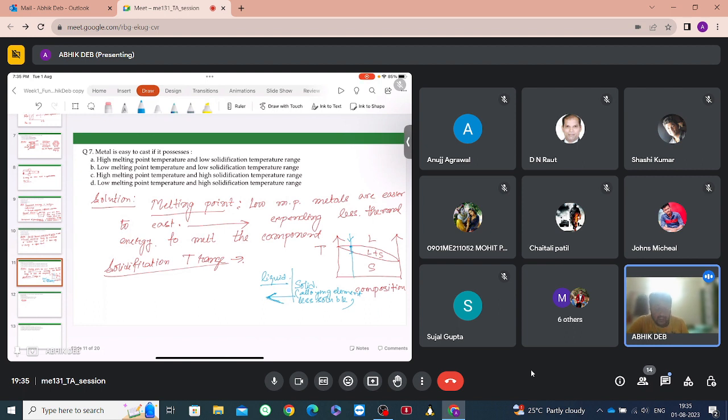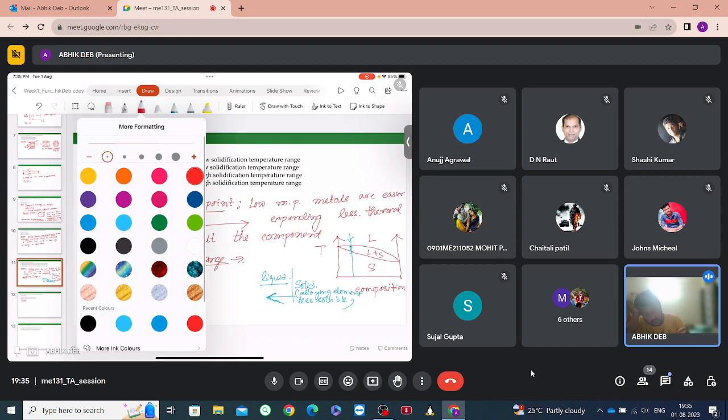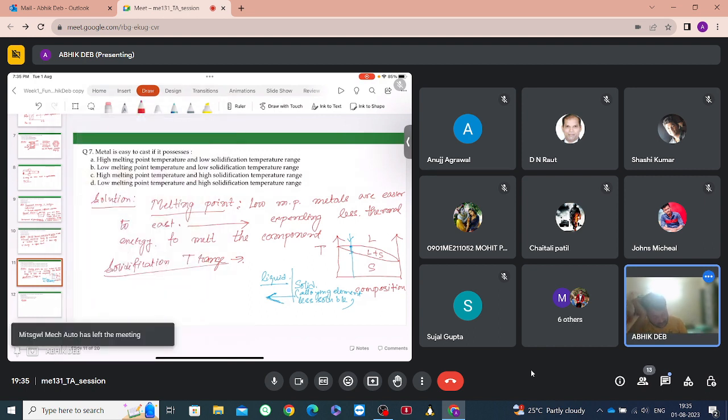So since this nickel is now getting rejected back to the liquid, what happens is that this will gradually increase, like from 30% this liquid is now becoming 31%, 32%. So this liquid is now becoming enriched in the alloying element. So there will be a time that as we move towards the center, supposedly, in this casting, if the solidification begins from these two directions,